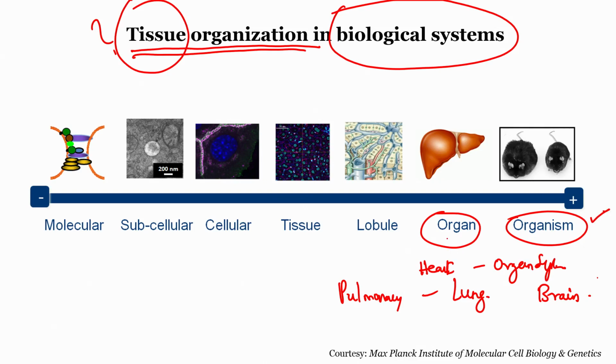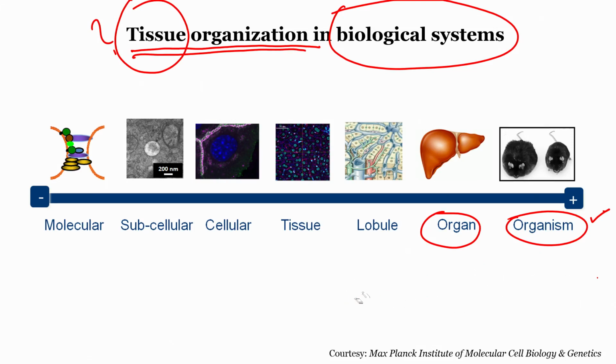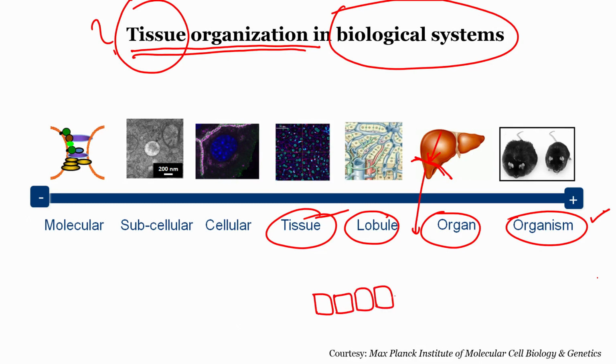Now, what are these organs composed of? These organs are composed of a specific structured arrangement of cells along with blood vessels which supply nutrients to the cells. Those are the lobules and tissues. Let me make a very simple abstraction of an organ. Let us take the liver as an organ, and I am cutting a part of it. If we see it from a cross-section point of view, what we see is an organization of cells, which are the basic units of life.